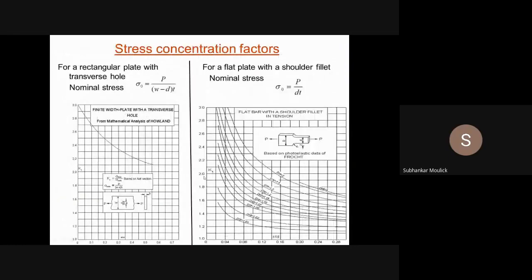So 30 minus 15, into T. T I need to find out. P is what? P is 5 kilonewton. You can get the value of nominal stress. Now this nominal stress value you have to multiply with stress concentration factor KT, and in order to find the value of KT, if you see on the x-axis you have the value A by W. Since A is nothing but the dia of the hole, which is small d, that is D by W, the width of the plate.